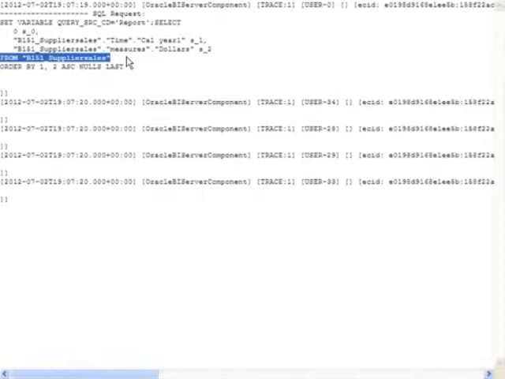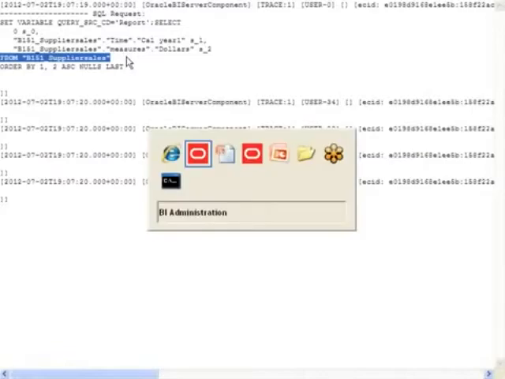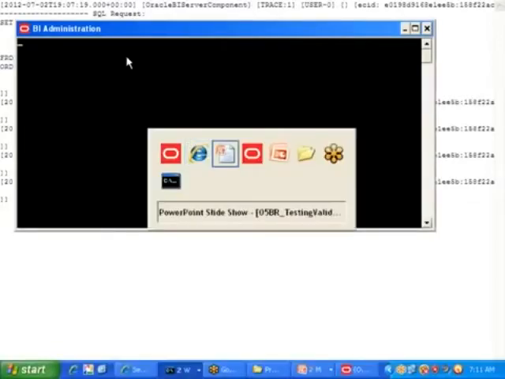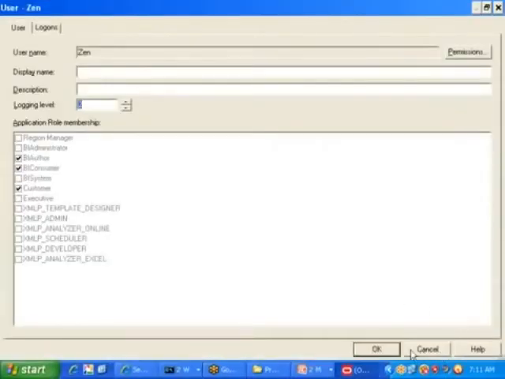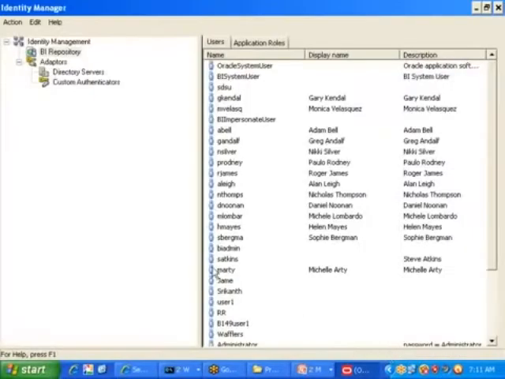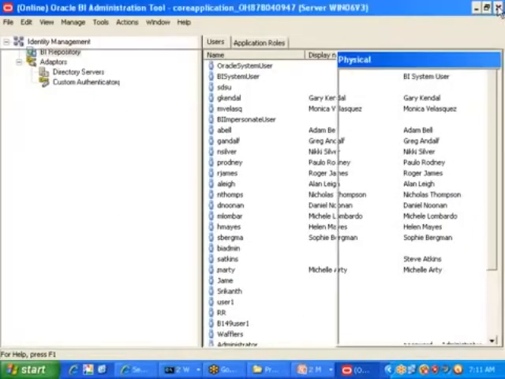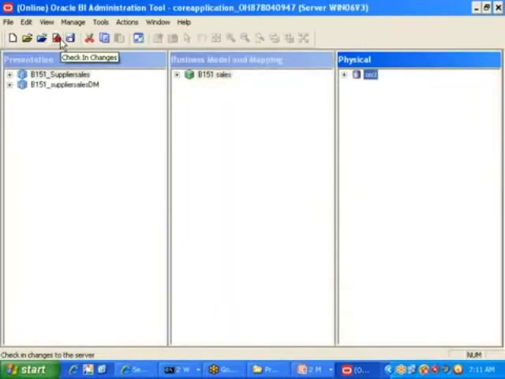To form the physical SQL, we need to provide a logging level of minimum 2. So I am going back and providing log level 2, and I will run the same report. At that time we will see the physical SQL. For that purpose, I am going to the back end and setting this log level as 2 for the WebLogic user. Click on OK. Now I am closing this. Then I am checking in changes because whatever I did should be applicable. I am saving this.